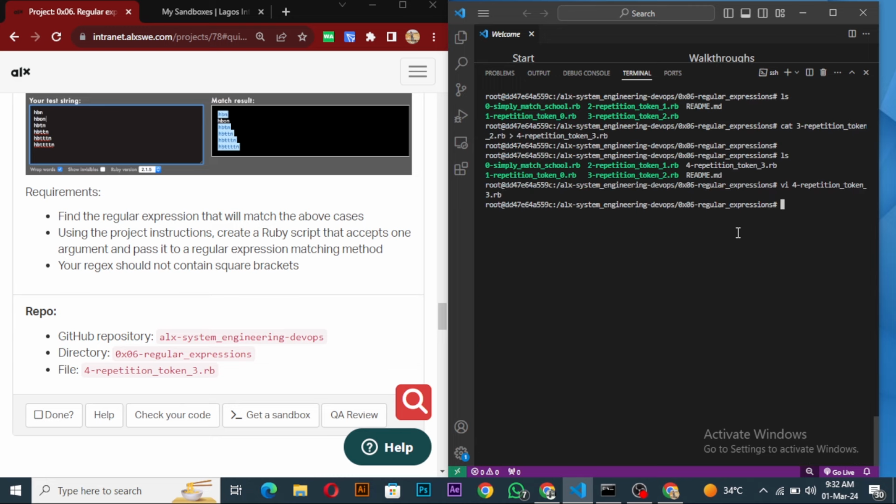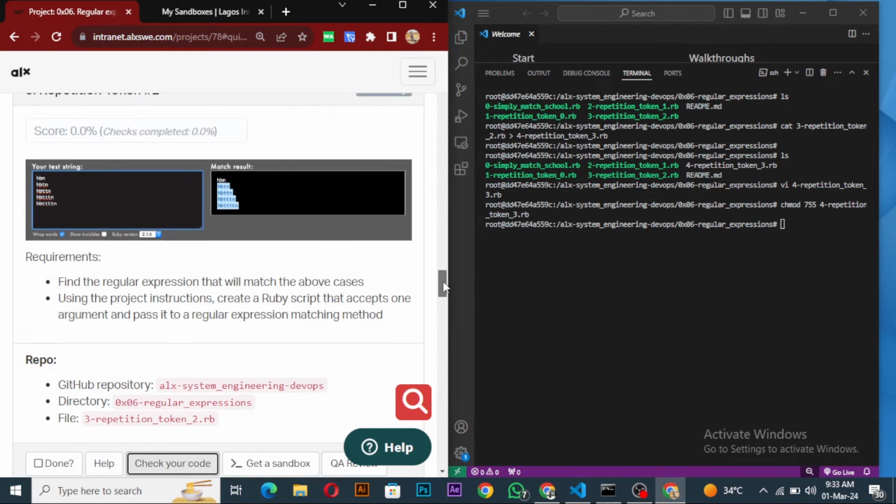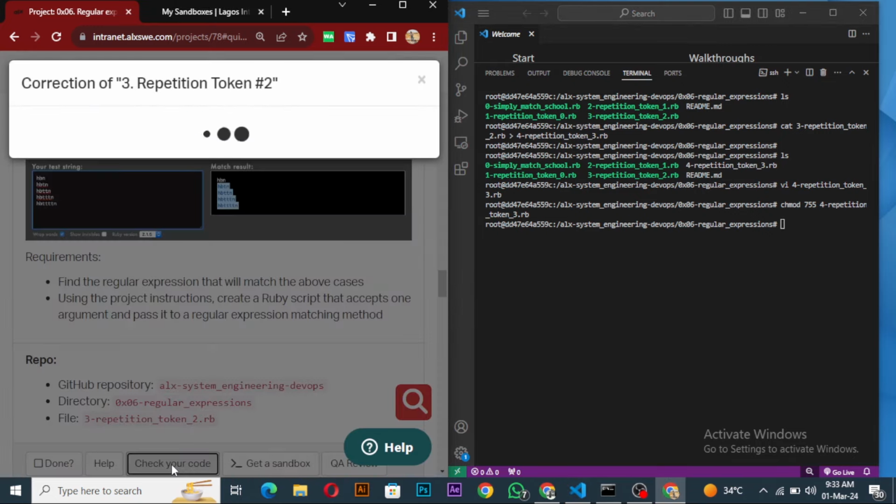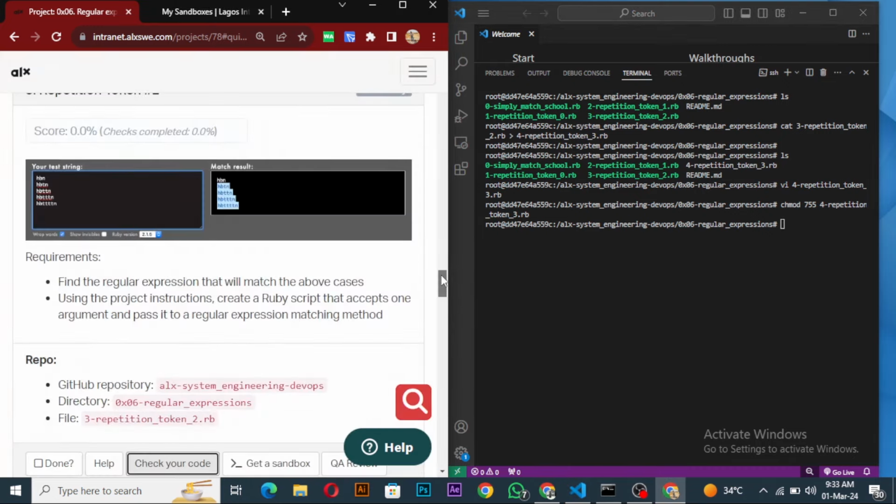What's going on? It's my network failing. So let's change the mode of this one, and my network might fail anytime soon because I don't trust it. I don't trust the network. So let us check again. It hasn't checked. Still loading. Okay, anyway,